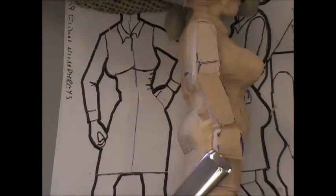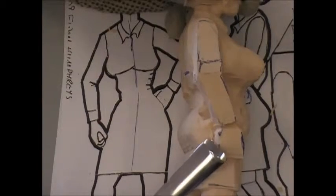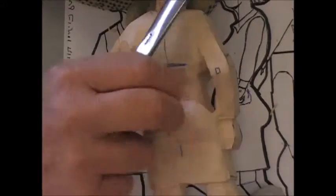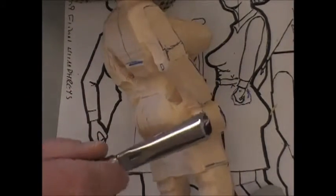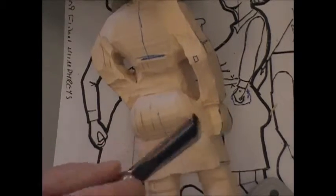Well, I'm going to use my big number 5 gouge, and I'm going to create that shape going around. It's only a slight curve. You've already got the curve for the fingers going down. They're already there. If you take a look at that, that's pretty well the same shape as that gouge. Alright, so we're going to create the second motion to it now. There it is, and it's rounded slightly around all the way down, and you can just about see the fingers